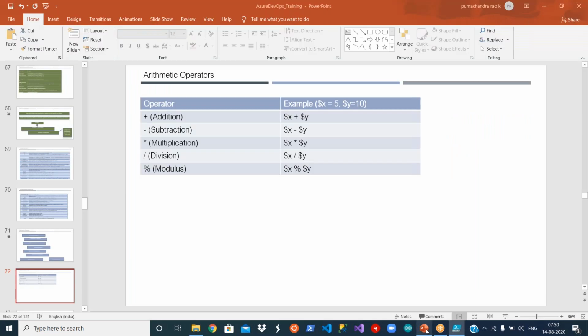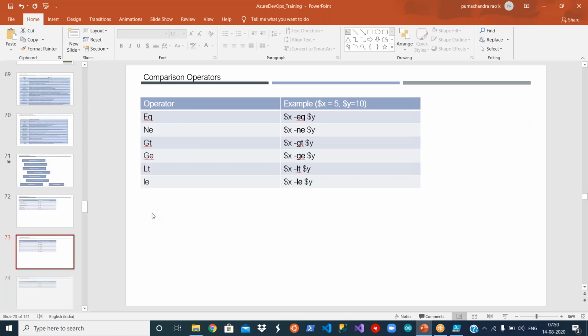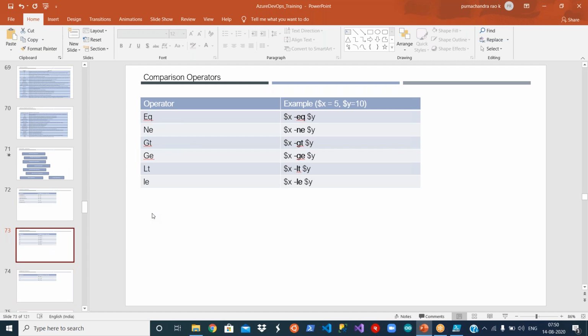Okay, the next one is you can try this one, hardly takes a minute or so, right? Okay, so you have the comparison operators. Again, here you are not using less than, greater than, etc. You have to use these notations. Hyphen, if it is equal. So you remember, it will be two letters only. If it is an equal symbol, then you have to say first two letters of equal, EQ. So not equal to, these are two words, right? If it is two words, then take the first letter of each word. Not equal to, take N, take E.